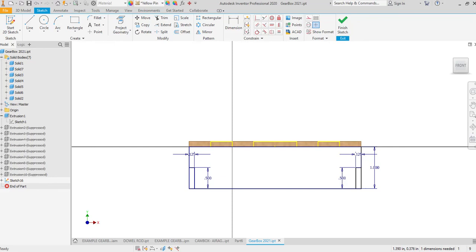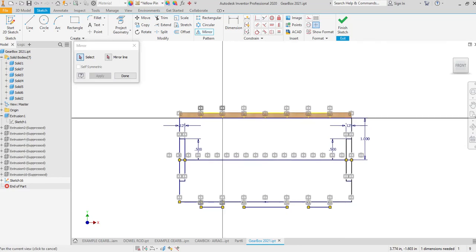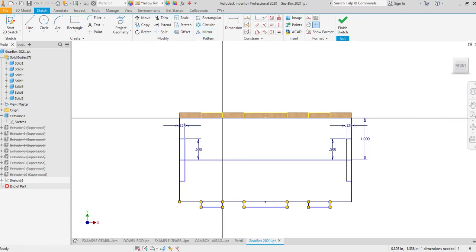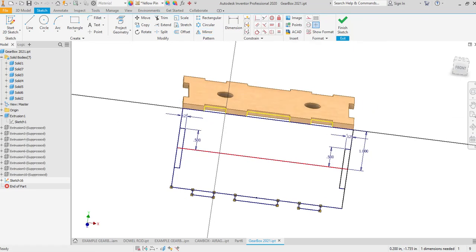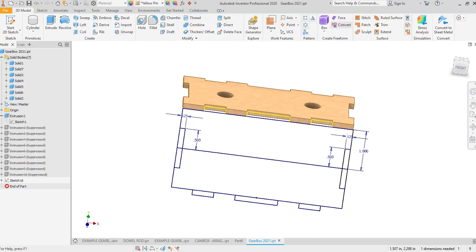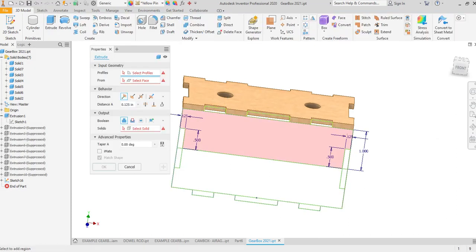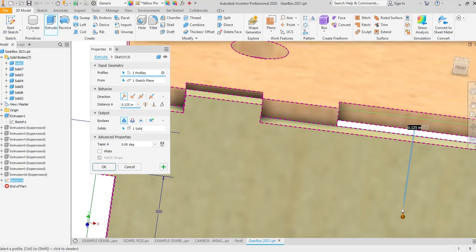Okay. Now I'm going to take all of this, a big highlight around the whole thing. I started a box down here, big highlight, and I'm going to come up here to mirror, and I'm going to select my mirror line right here as this line. And when I hit apply, you'll see that it gives me a little piece down here. Now I'm going to hit done, and what I want to do now is extrude. So I'm going to go to finish sketch, and I'm going to extrude this,